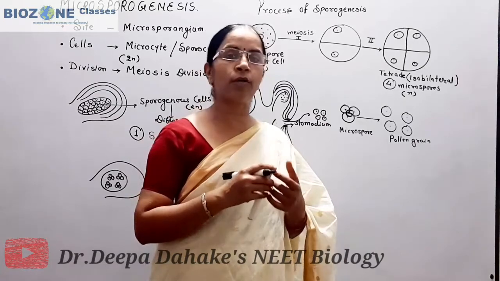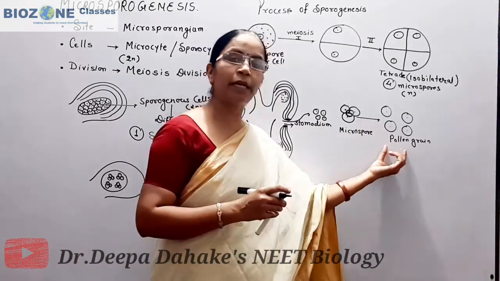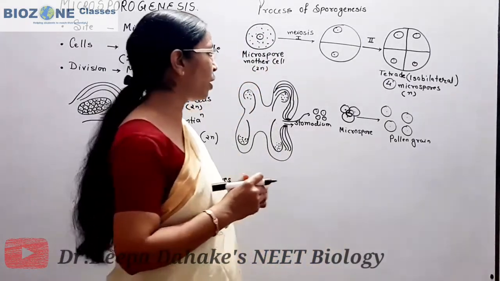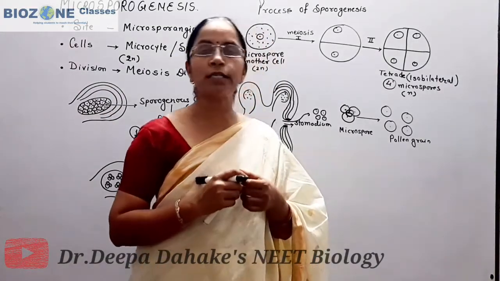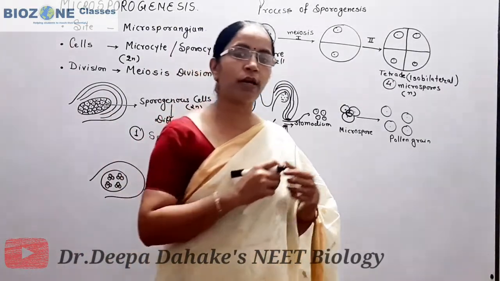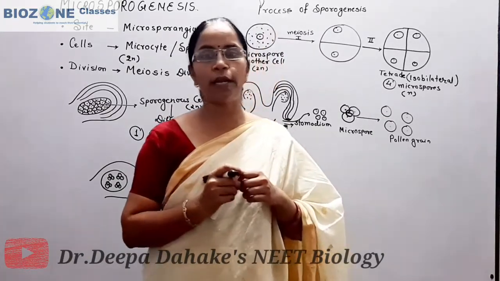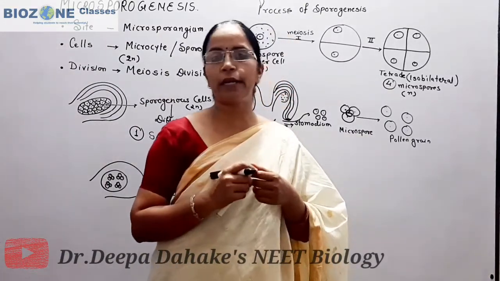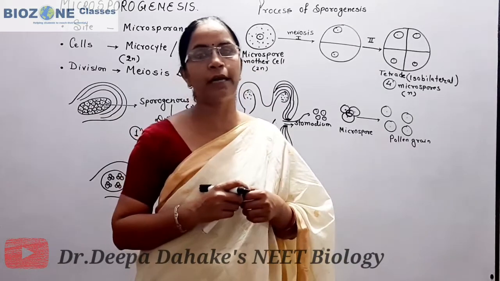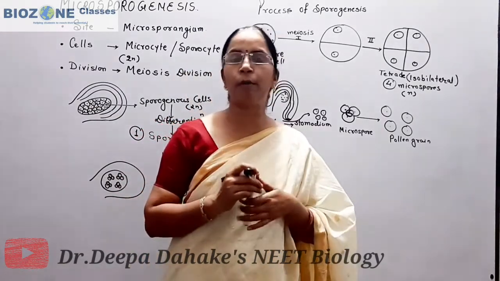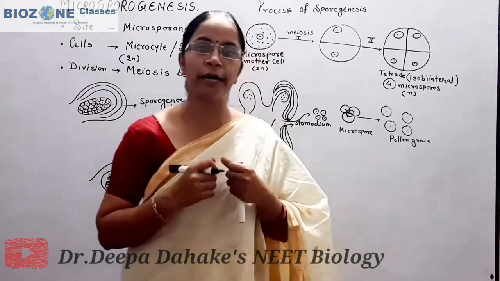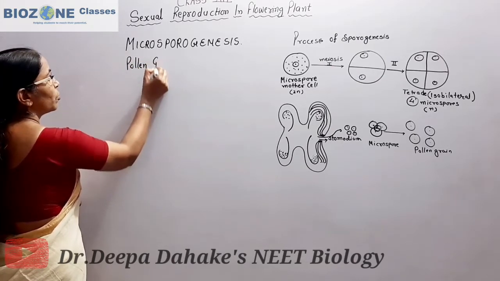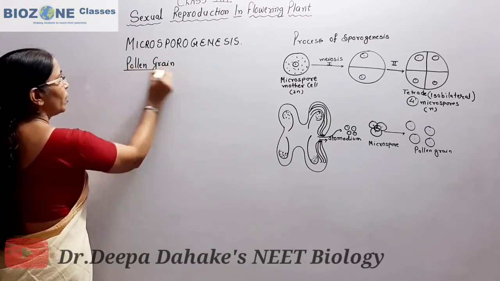When they are released or come out of the sporangium and get separated from each other, the individual microspore is actually called a pollen grain. Now we come to the structure of the pollen grain. Here we first study the structure of the pollen grain, and then we study the layers of the pollen grain, that is, what we understand by exine and intine, and what is the importance of the hardness of the exine. So now we study the structure of the pollen grain.